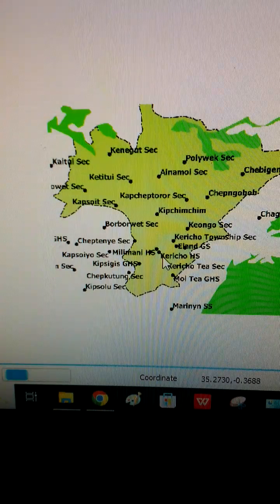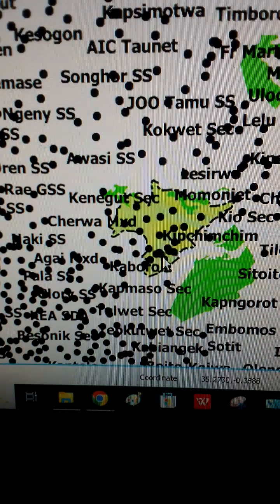But if I zoom out like this, I'm able to view a wider area, but with very little detail, because I'm reducing the scale of the map by zooming out.